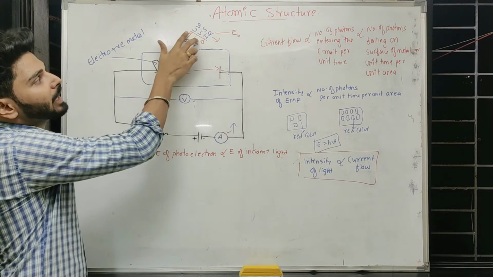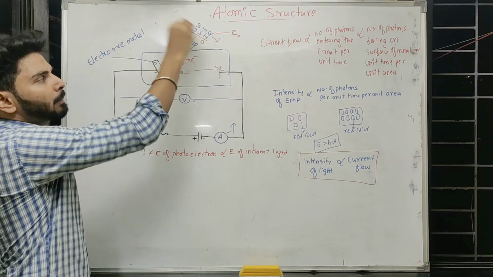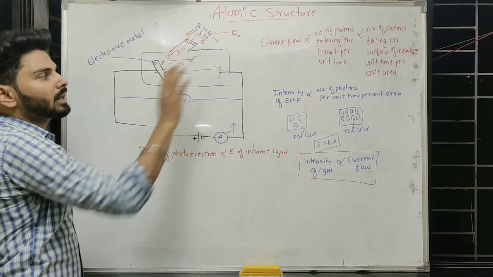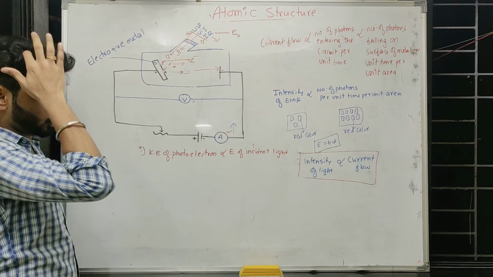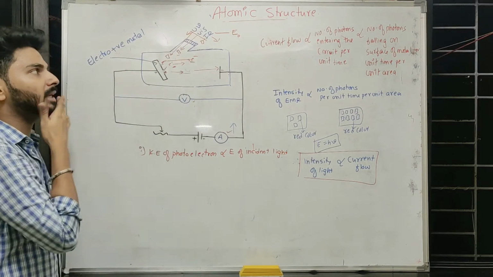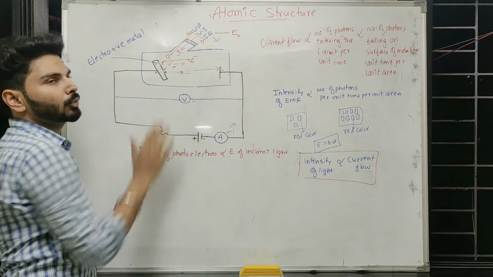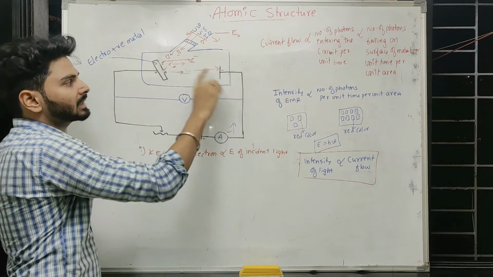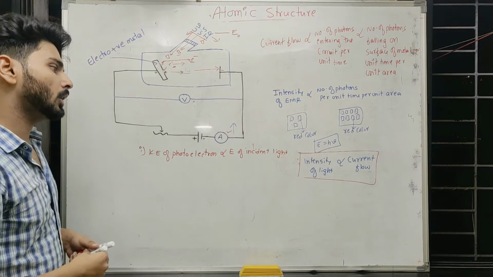But once I have taken care of that requirement, and I am supplying only photons having enough energy to eject electrons, and even for the photoelectrons to travel till the cathode, thereafter energy does not matter. Energy only changes the kinetic energy of the photoelectron, how fast they are moving. Once that is taken care of, the number of electrons entering the circuit depends on the intensity of light.